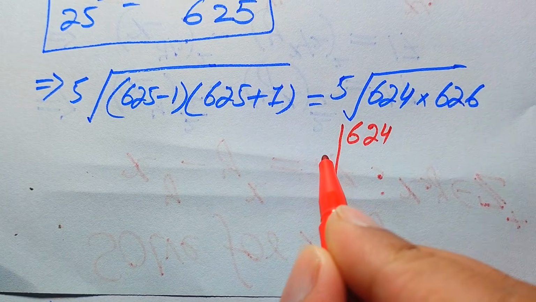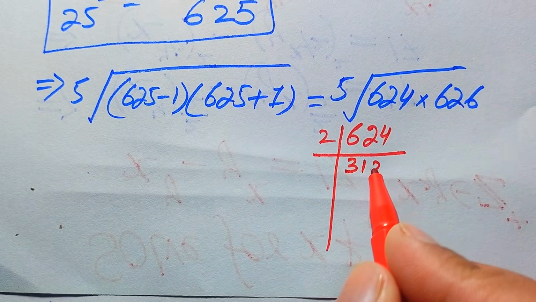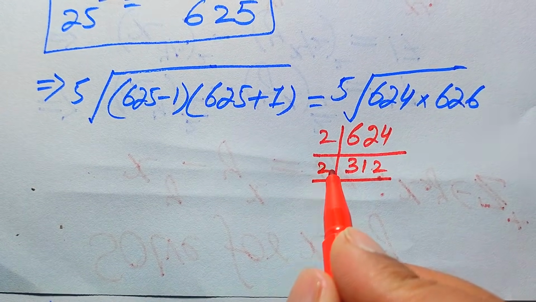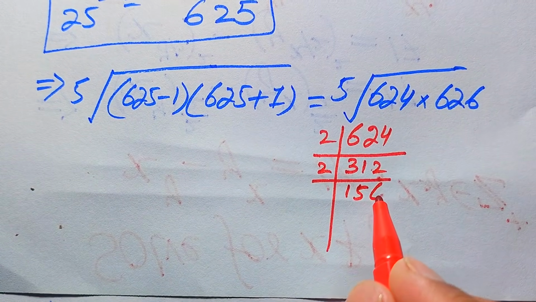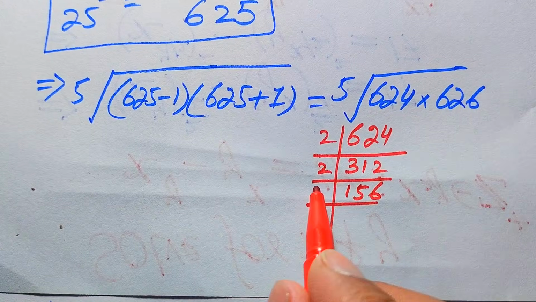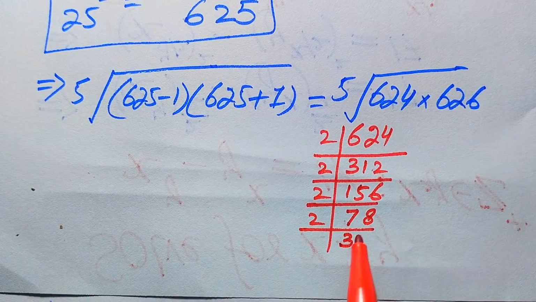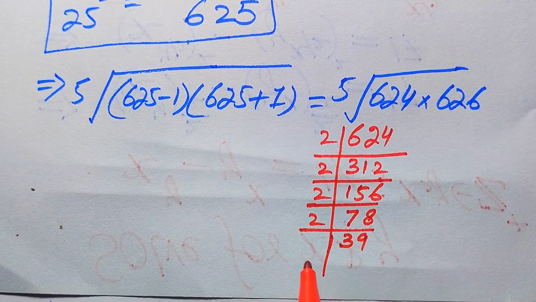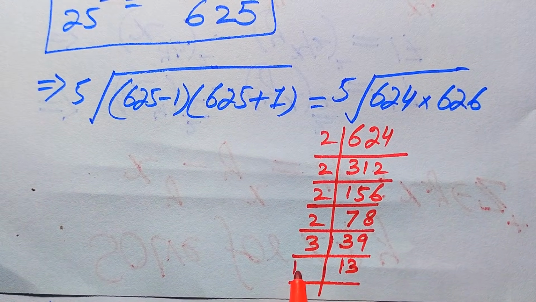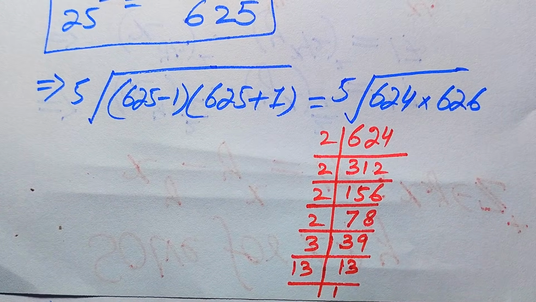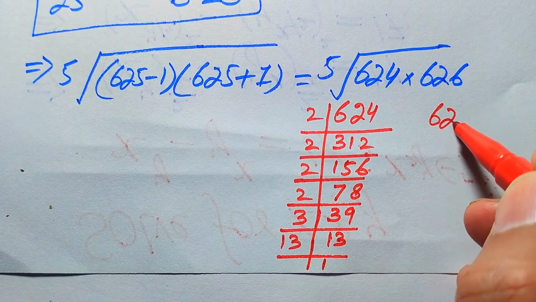624 in this way. Okay, so we divide this by 2 and we get here 2 3s are 6, 2 1s are 2, 2 2s are 4. We again divide it by 2 and we get here 2 1s are 2, 2 5s are 10 and 2 6s are 12. And so this is 2 7s are 14 and 2 8s are 16, 2 3s are 6 and 2 9s are 18, and 3 times 13 becomes 39, and 13 times 1 becomes 13. So these are the factors of 624, and now here we find the factors of